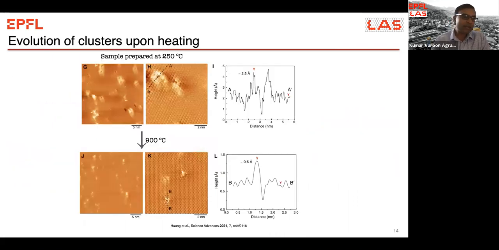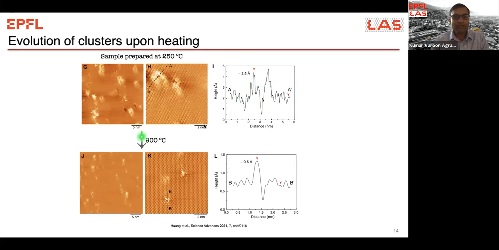So here is an example of what happens when we heat it. This is what we see typically if you take that sample and heat it to 250 degrees C: we start to see several of these clusters. Now, what are these clusters? If you do a line scan across this, you would see that there is a height of 2.5 angstrom, and then there is a vacancy, right? So essentially what is happening is these epoxy groups gather along each other. There is a coalescence of the groups, and then in the middle, you form a pore, right?